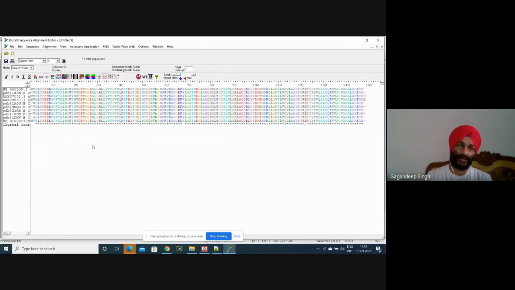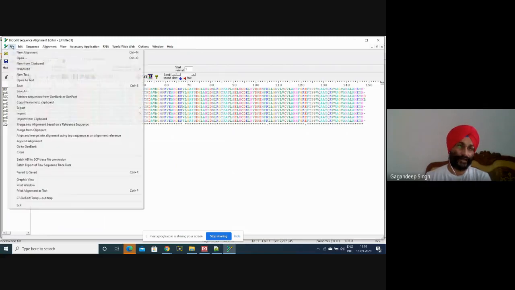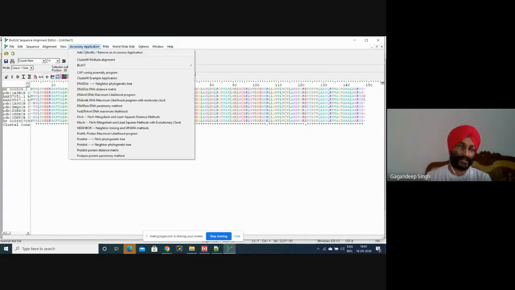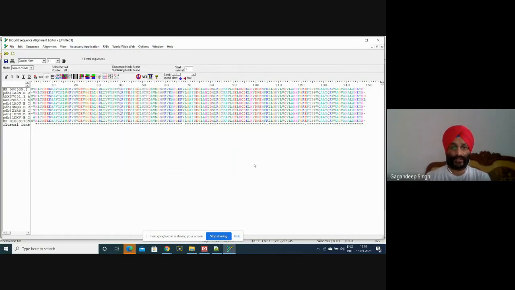It's very simple. If you have downloaded BioEdit, go to File, New from Clipboard, just copy and paste, and it will automatically give you results like this. Then Accessory Application, ClustalW Multiple Alignment. Then in output, just select star, and easily you can see the results like this.